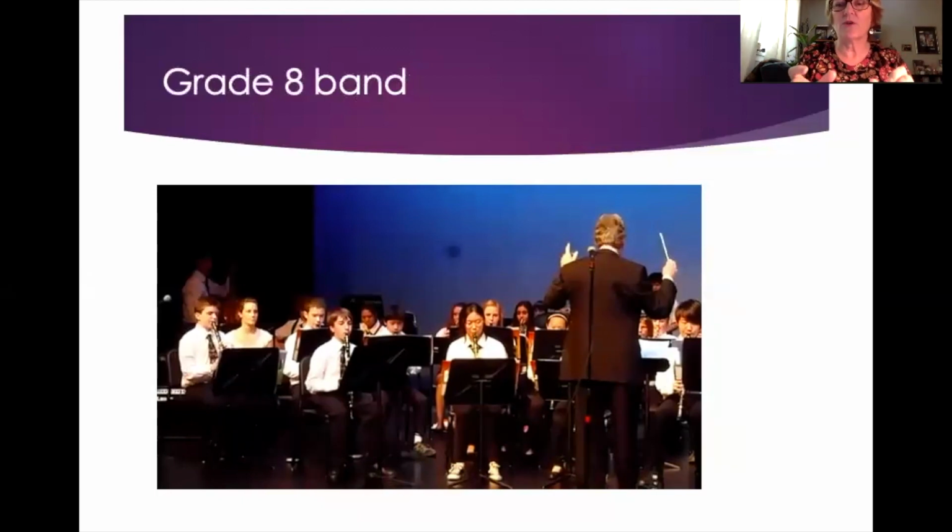So we designed a program where he had 4 Tootsie Roll tokens, and he got to keep the Tootsie Rolls if he didn't squeak. Every time he squeaked, he would lose a Tootsie Roll token, so then he only had 3. And now clarinets do squeak every now and then, so we didn't want him being unsuccessful. That's why we had 4 of them. Right away, he completely stopped squeaking his clarinet during band, and he never did it again.